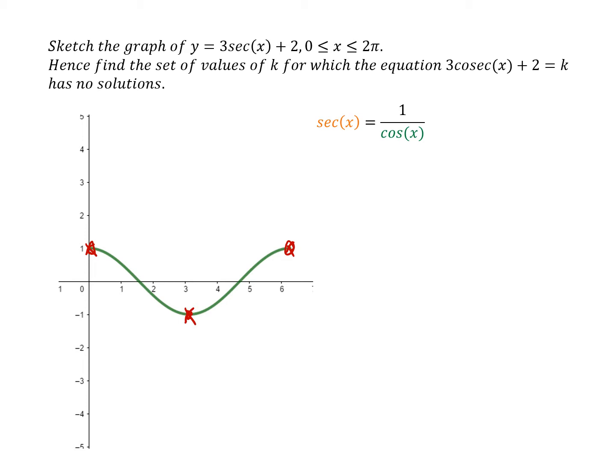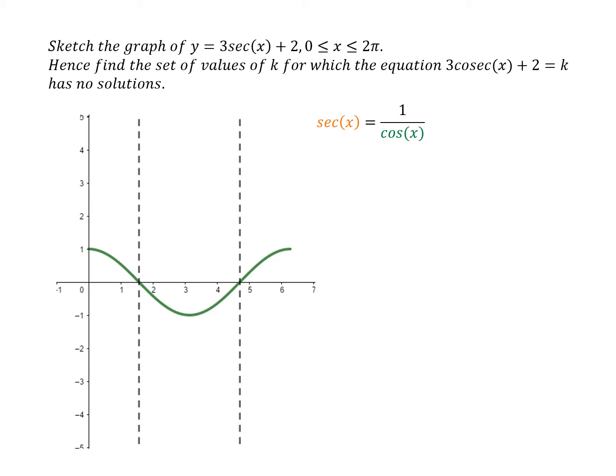Also, when cos x is 0, which is here and here, sec x will be undefined because we're dividing by 0. So we'll have vertical asymptotes here, indicating the discontinuities in the graph, the values of x for which sec x is undefined. So putting those facts together,